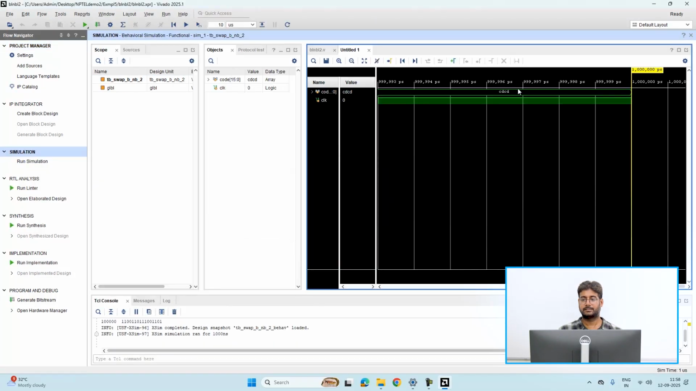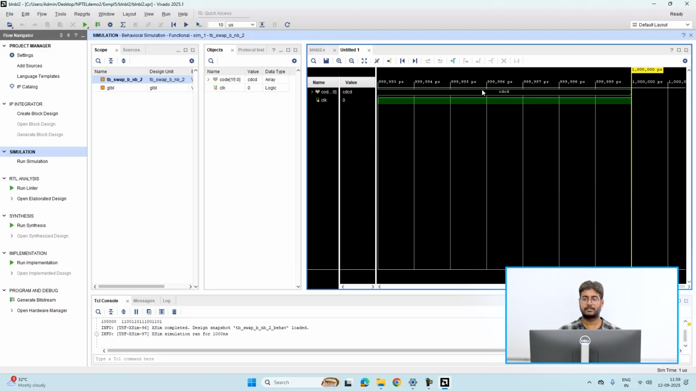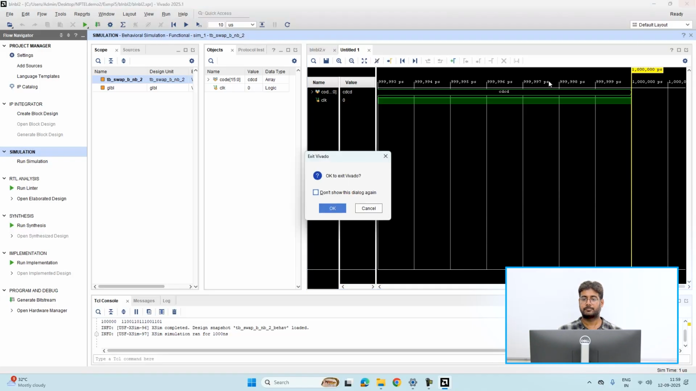See, it is CD. We couldn't swap the bits. Expected was CD AB, but we are getting CD. Using immediate assignment blocking statements, in both the examples we couldn't swap. Just got repetition of bits, CD. Earlier it was AB. So we'll go for the next example, which is